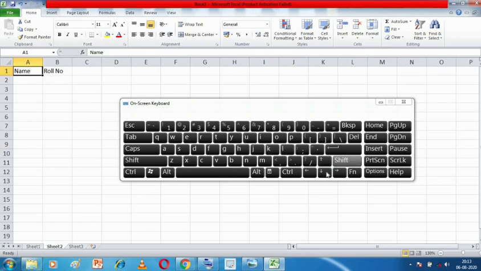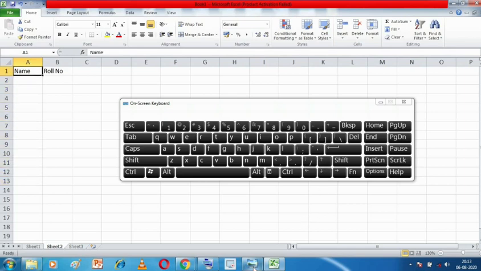Okay. So if I want to come down to A2, I need to press this down arrow key. Now when I was on A1, I was in row number 1. But when I pressed this, I came to row number 2. So I am moving one row down. If I want to go further downwards, I keep on pressing this. If I want to go up, then I'll press this up arrow key.